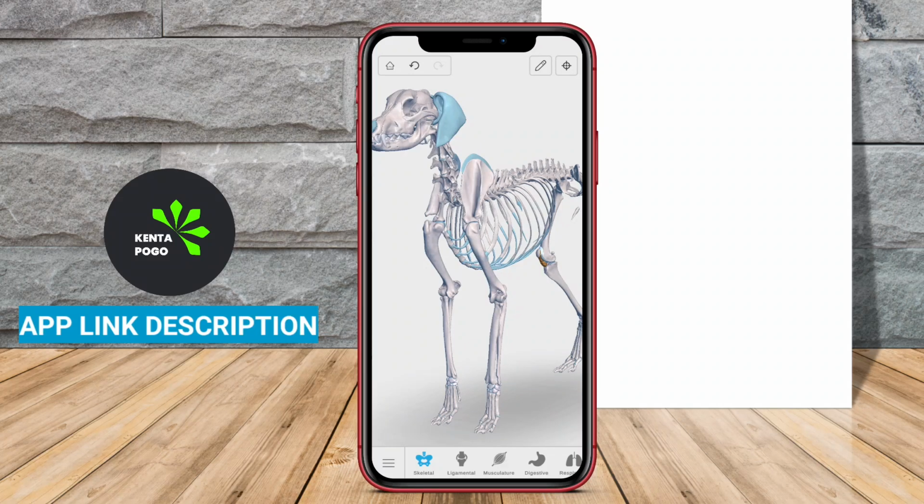Complete Canine 3D Anatomy is an advanced Android application designed for veterinarians, veterinary students, and dog enthusiasts interested in understanding canine anatomy in a detailed and interactive manner. This app provides users with a comprehensive 3D model of a dog's body, allowing them to explore anatomical structures in a visually engaging format. With the app, users can examine various systems, including the skeletal, muscular, and organ systems, offering